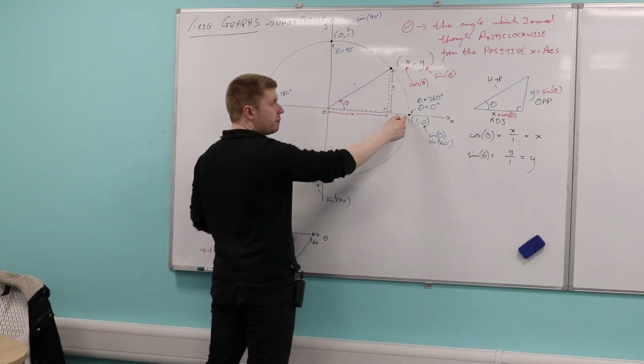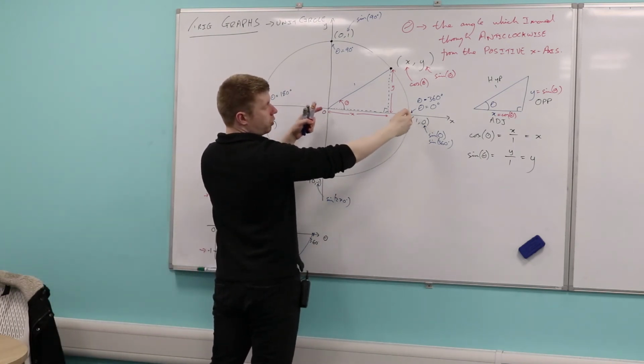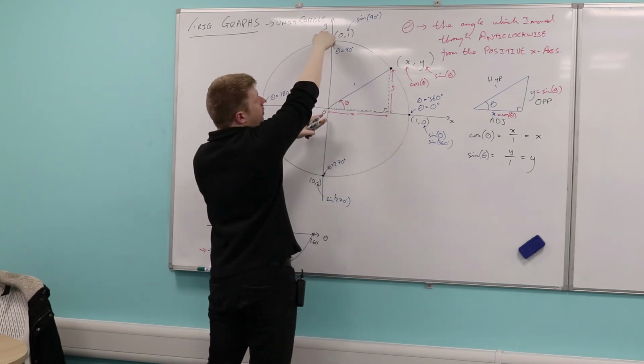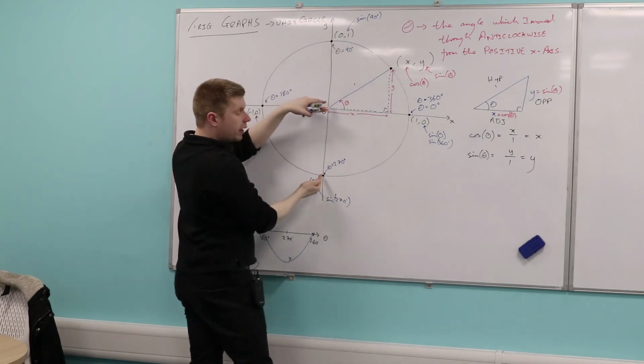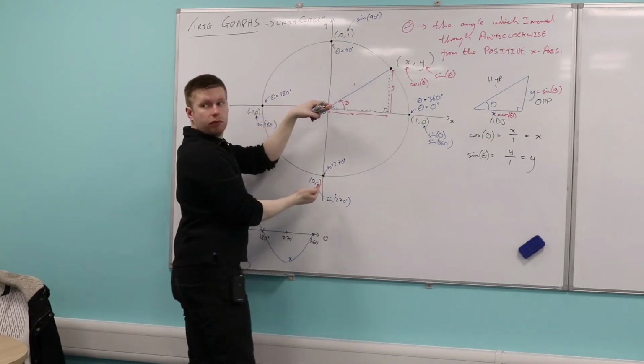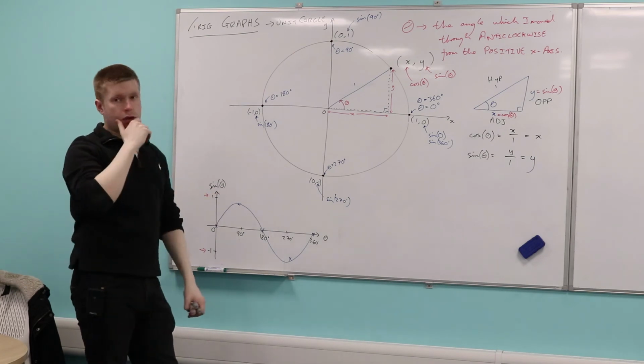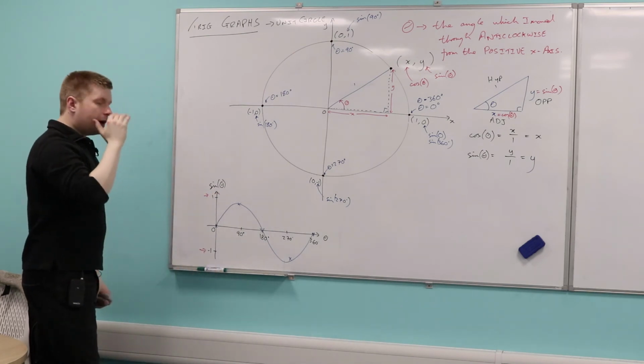So over here, the minimum value, sorry, over here, the maximum value which sine can be, the height of the circle, is going to be 1. And the minimum value is going to occur over here, which is going to be -1. So I've just chosen to use the unit circle. Now my next question